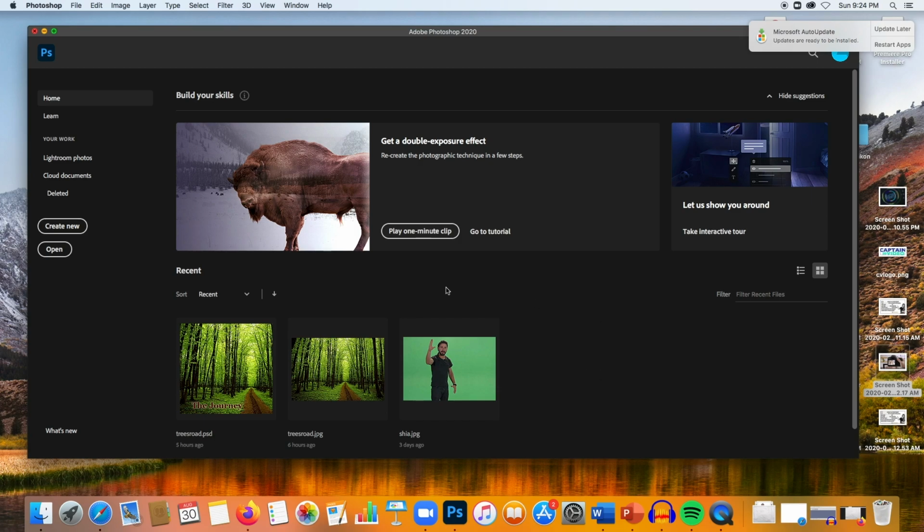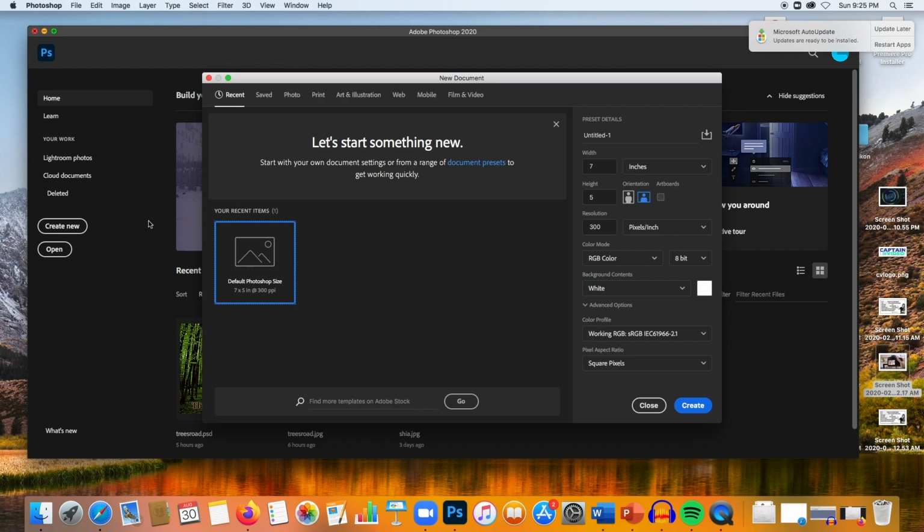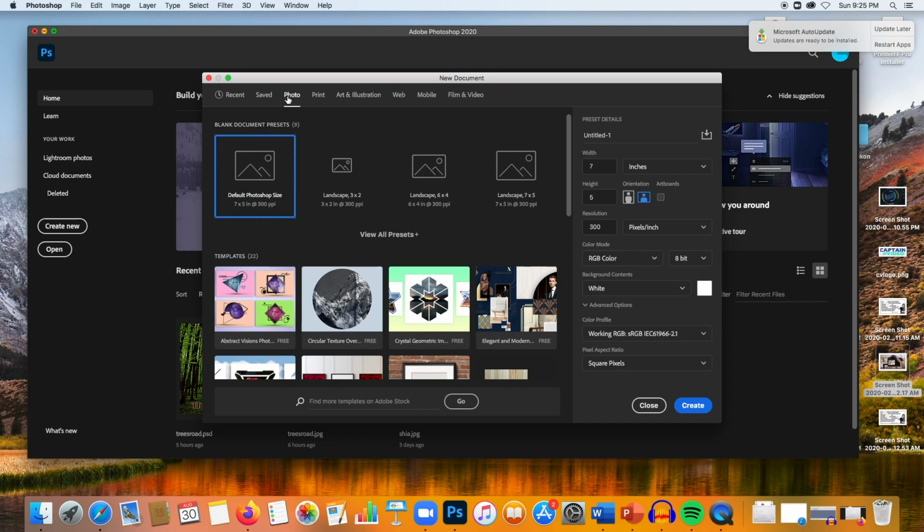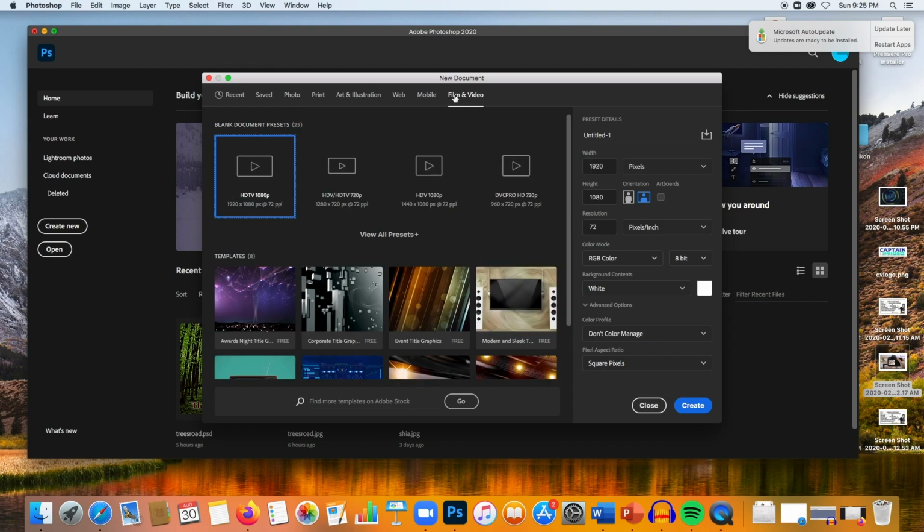And so I want to go over some of these basic techniques, starting with the overall size of your poster. We're going to go to Create New, which will obviously create a new file for us. And when you do that, Adobe Photoshop will bring up a wide variety of options for you, including a lot of default sizes and template sizes, like 4:6 landscape photos, dimensions for video production,